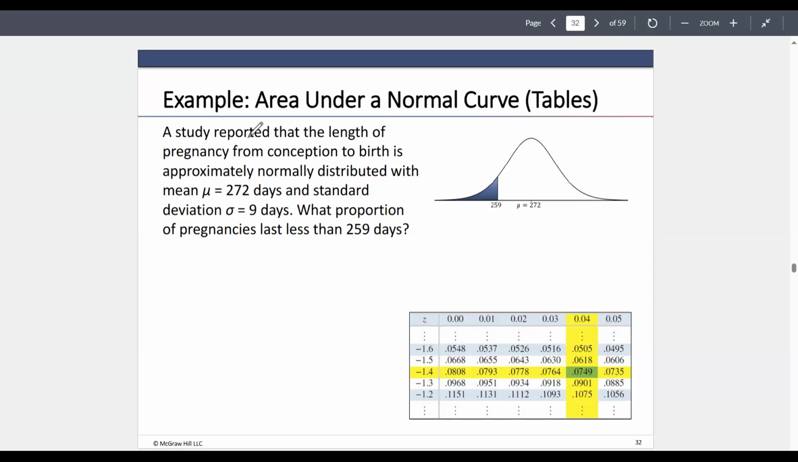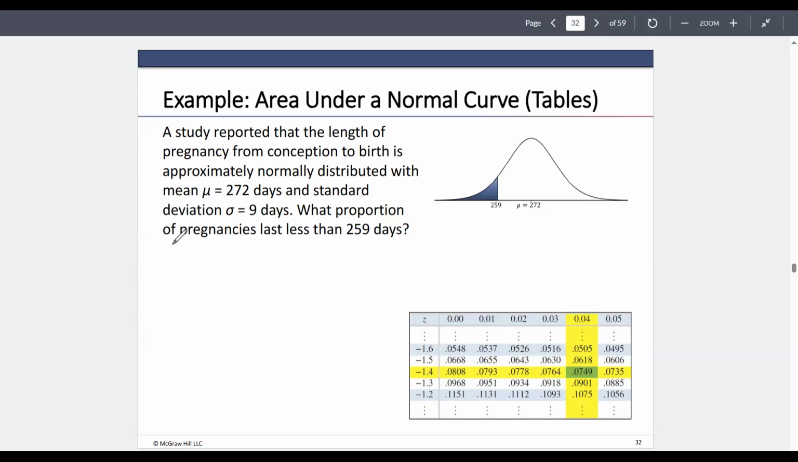A study reported that the length of pregnancy from conception to birth is approximately normally distributed with a mean of 272 days and a standard deviation of 9 days. I know I gave you this data before and gave you something a little different. Just so you know, when you look up data, it's going to change quite a bit every time you look it up. But anyways, what proportion of pregnancies last less than